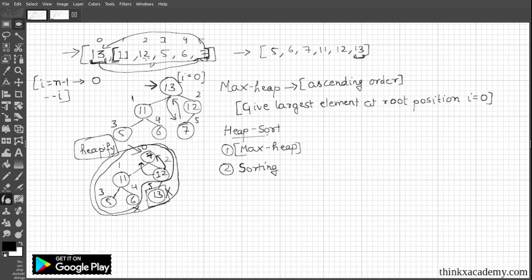So now 12 will come at the top position. You can see that 12 will come at this position and 7 will come at this position. When we do this again and again, 12 will be swapped with the last value of the array, and so the 6 will get changed to 12. So what we are doing, the basic idea is we are using the max heap property